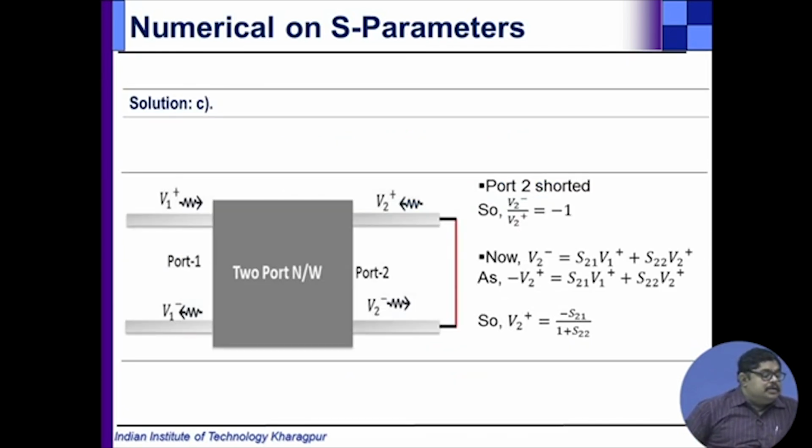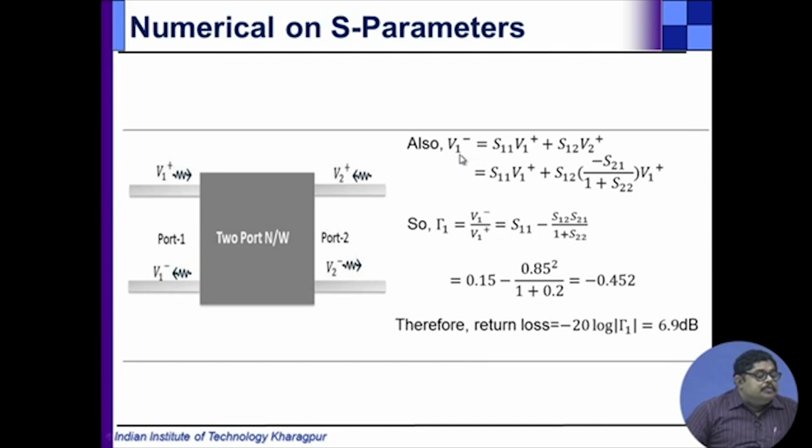Now, solution C, it says that port 2 is shorted. What is the return loss at port 1? So, port 2 is shorted. Shorted means V2 minus by V2 plus, the reflection coefficient, is minus 1. Then V2 minus, from the general S matrix definition, we can write V2 minus is S21 V1 plus S22 V2 plus. Now, here we put in the value that V2 minus is nothing but minus V2 plus. So, from here I can solve for V2 plus,